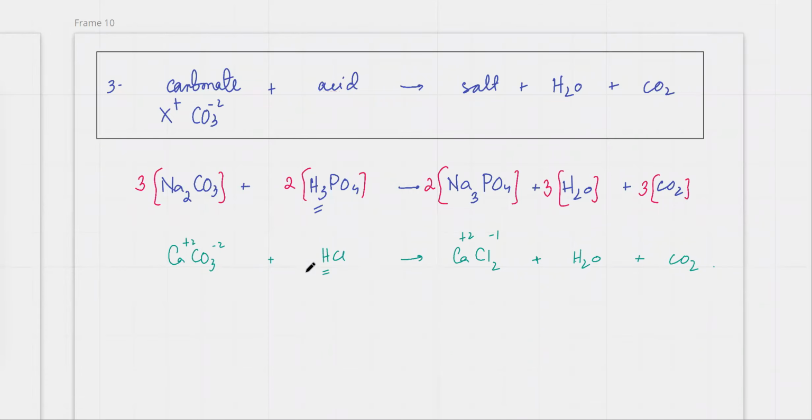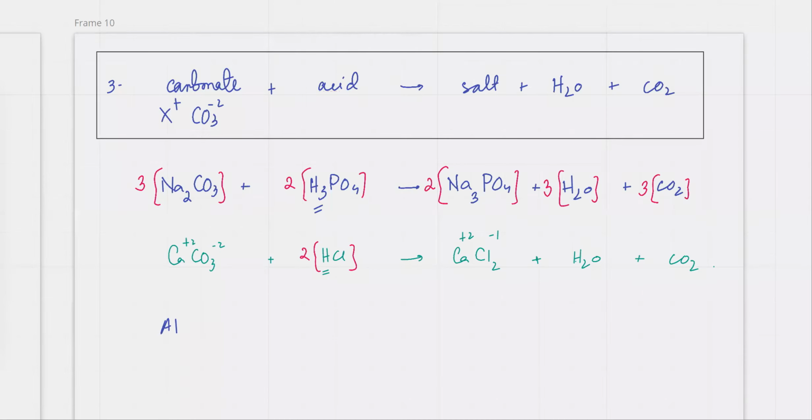Next, you can balance this out. You can rub off the charges. The only thing that's unbalanced is the Cls. So you balance it out, and the rest is balanced. Carbon 1, there's 1 carbon. Calcium is 1, 1. H is 2, there are 2 H's. Oxygen would automatically balance: 3 oxygens, and over here there's 2 + 1, that's 3 oxygens. So that is also balanced. Let's try and do